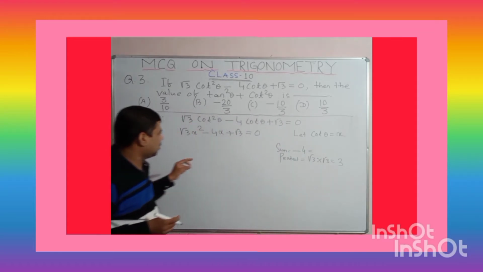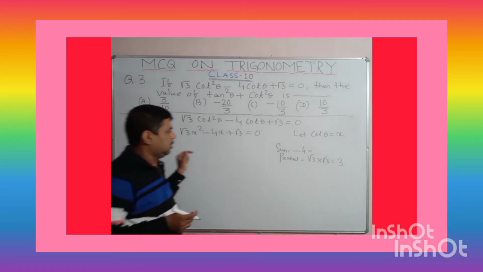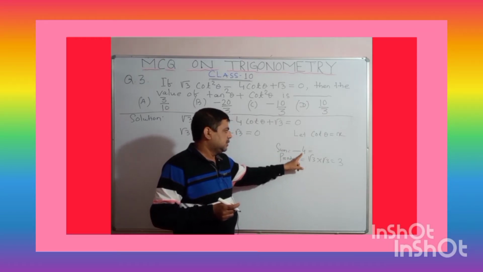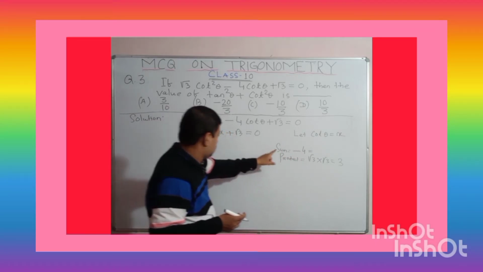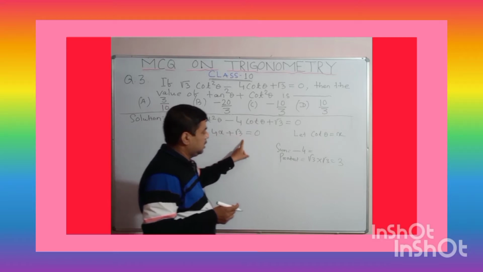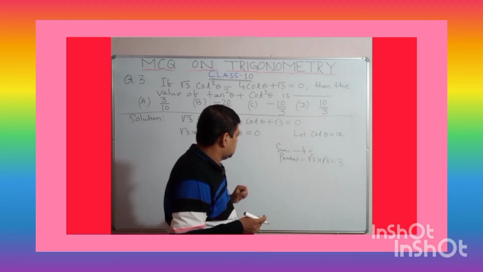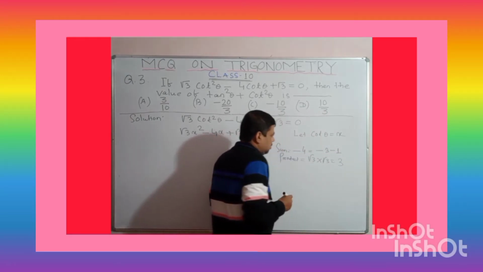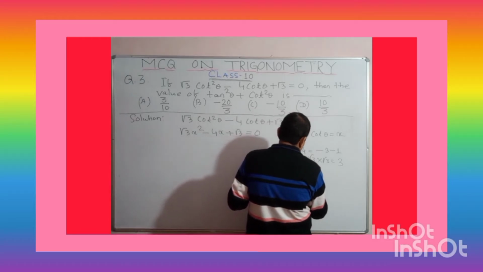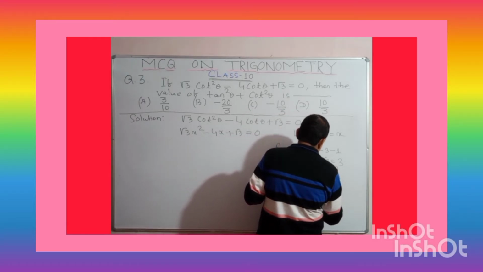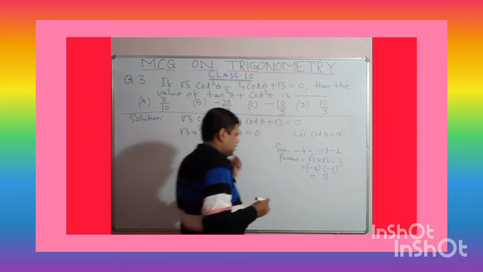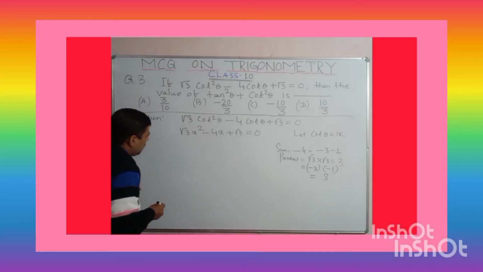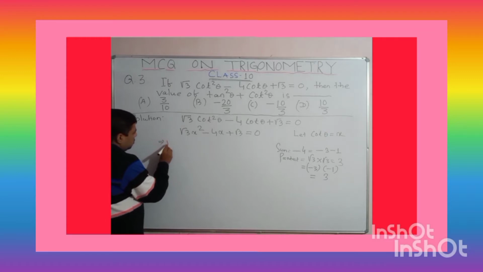According to the middle term splitting method, all of you know, you have to divide the middle term minus 4x, remove the variable, it will be minus 4. So this minus 4 is divided into two terms in such a way that one is minus 3 and the other is minus 1. If you multiply minus 3 and minus 1, it will be the product of the first term and the last term. So here we can use the middle term splitting method.